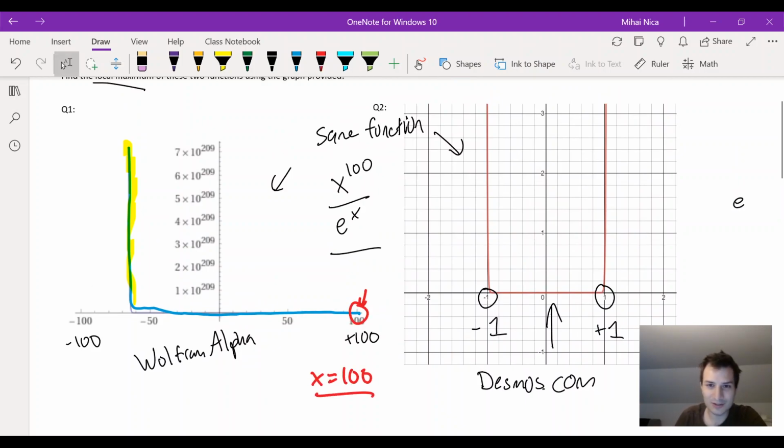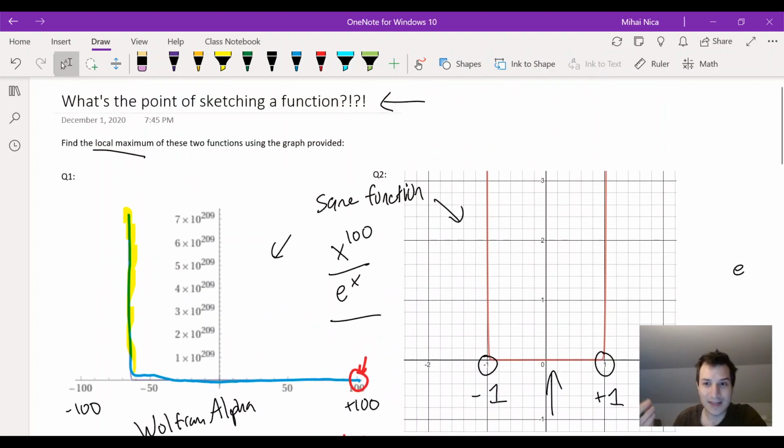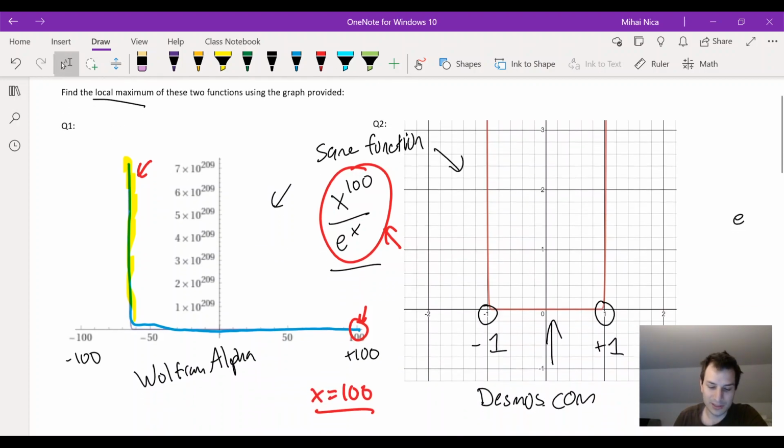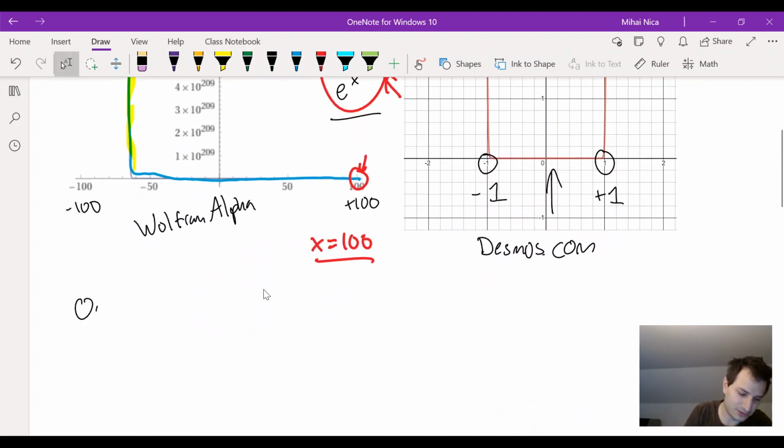And how can you see that there's a local maximum at x equals 100? That's the graphing technique that we learned in class. So by looking at the first and second derivative, you can figure out what this function looks like, and you can do a better job than computer programs. So computer programs, if you give them this function, they won't be able to figure out what it looks like. They don't work because this function kind of goes crazy on certain parts of the graph, and the graphing program doesn't know where to look. So if you do it our way,